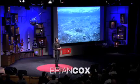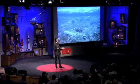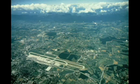This is the Large Hadron Collider. It's 27 kilometers in circumference. It's the biggest scientific experiment ever attempted. Over 10,000 physicists and engineers from 85 countries around the world have come together over several decades to build this machine. What we do is we accelerate protons, so hydrogen nuclei, around at